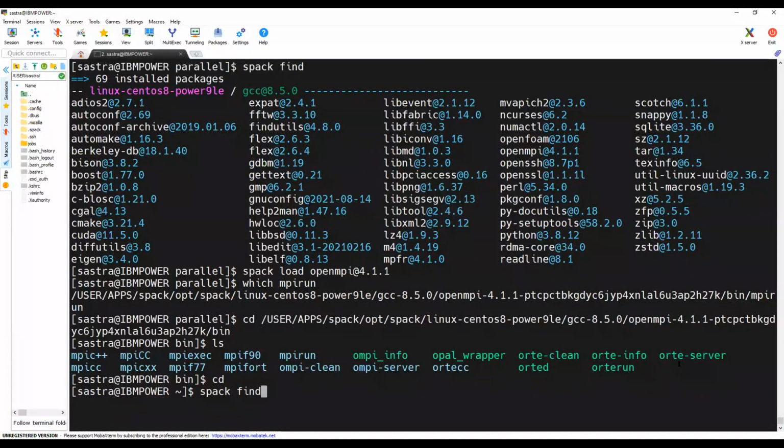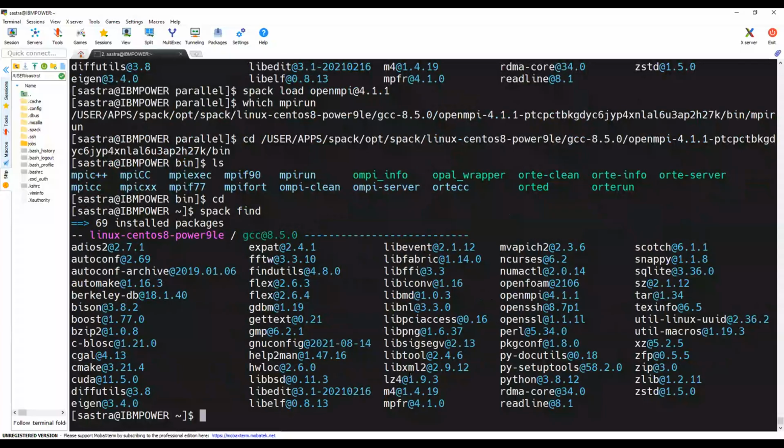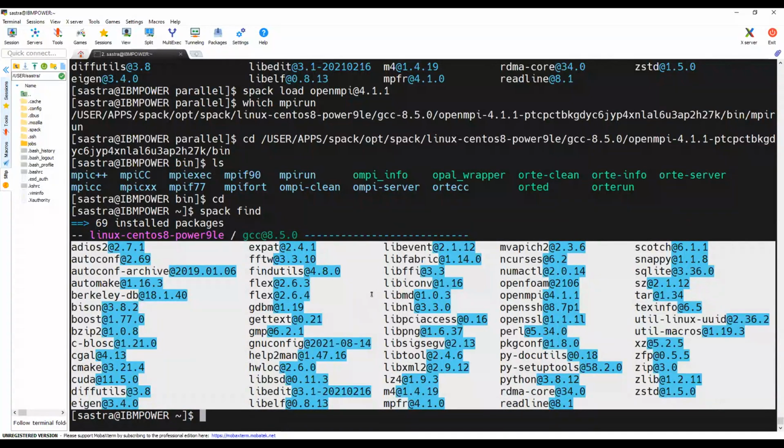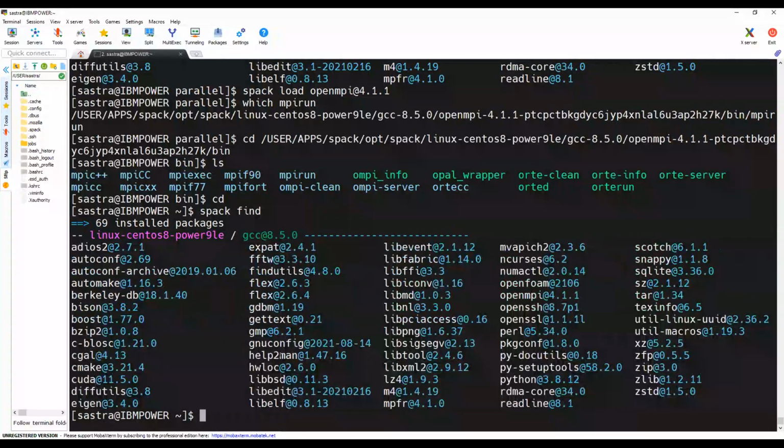Also, if I install a specific software, all the libraries which depend on that specific software will also be installed in the same place. So we will be having multiple softwares for our visibility here. So that's it from my end. Are there any other queries?